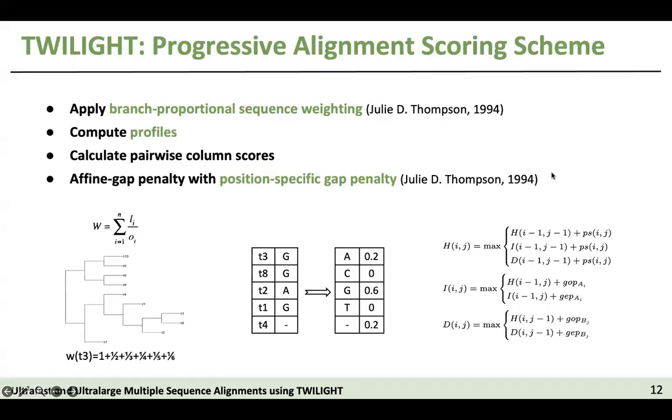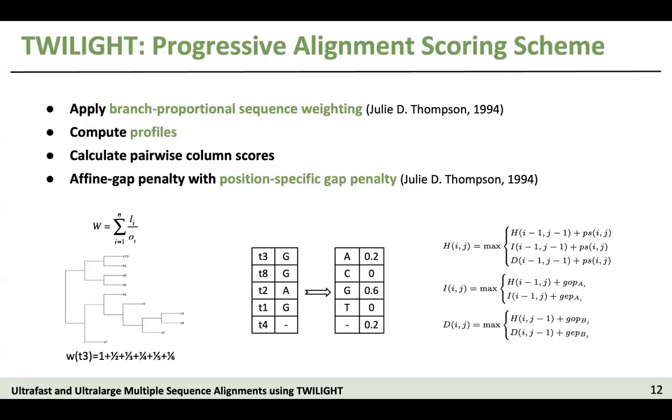Now let's talk about the scoring scheme in Twilight. Twilight basically follows the same strategy as ClustalW. We first apply a branch-proportional sequence weighting strategy to assign a weight to each sequence. And the equation is shown below. The L is the branch length and the O is the number of descendant leaves at that node. And by applying this strategy, we can prevent the alignment from being dominated by a large number of closely related